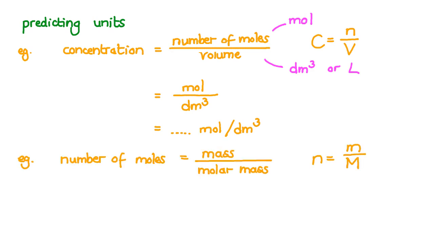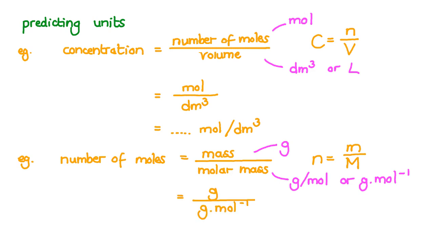What will the units be for this equation? Number of moles equals mass divided by molar mass. The mass unit is grams, and the molar mass unit is grams per mole, which can be expressed in 2 different ways on paper, giving us grams divided by grams per mole. Notice that the grams units can cancel, and the answer will have the unit moles. This -1 exponent changes to a +1 when the unit is taken into the numerator. More on this in another video.